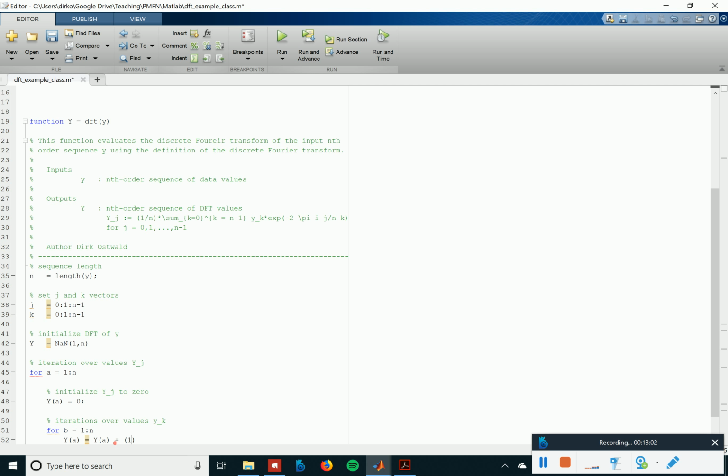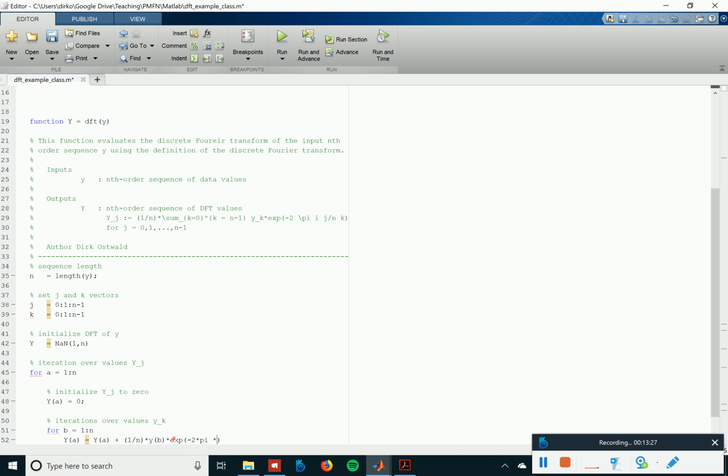So 1 divided by n times yb, so that's our yk, times the exponential, which in MATLAB is exp, minus 2 times pi